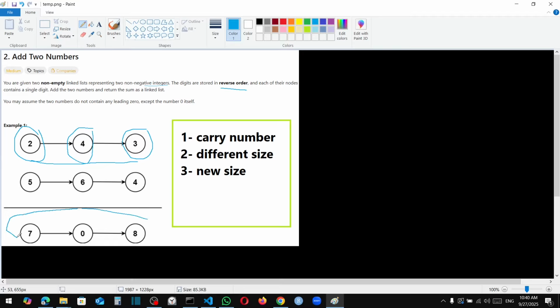This is the output. So basically we add 2 and 5, which will be 7, and 4 and 6, which will be 10. It will be 0 because it can store only one digit, and 1 will be carried here. And 3 and 4 plus 1 will be 8. So let's first explain